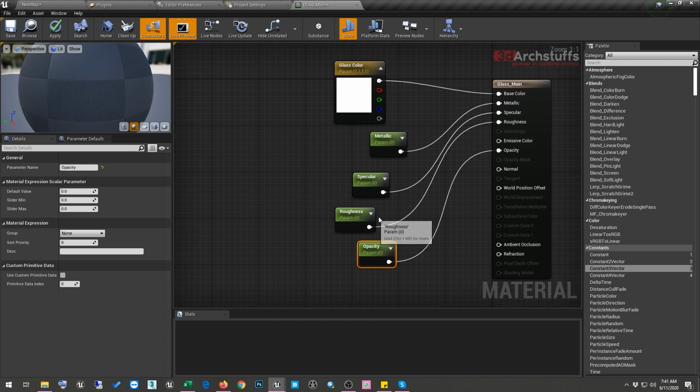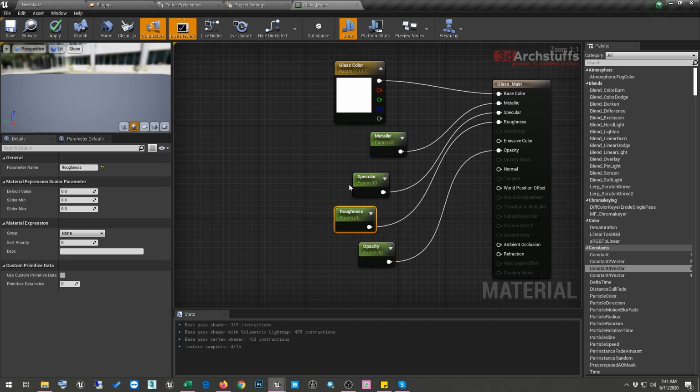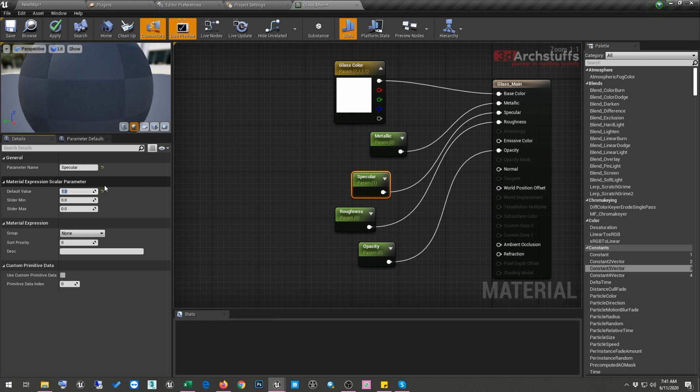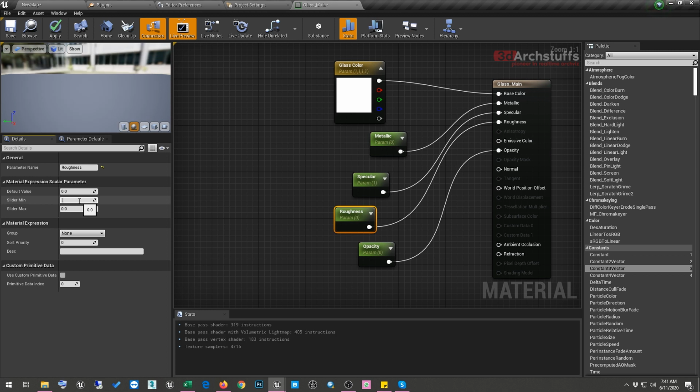What we can do is give some default values. On specular we can give a default value of 1. And on roughness you can give a default value of 0.1.